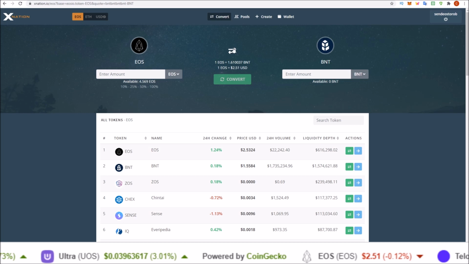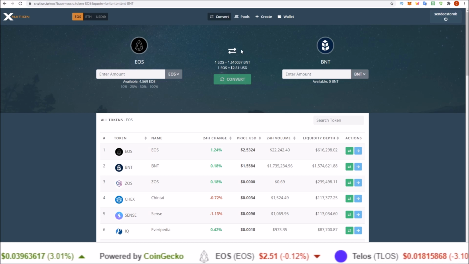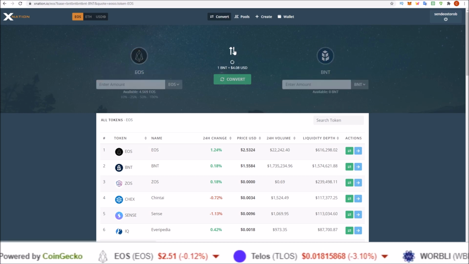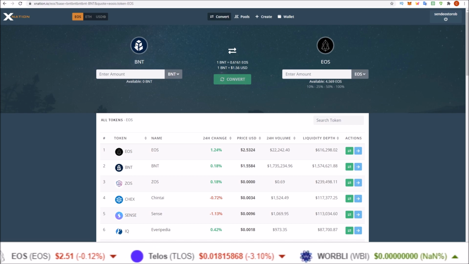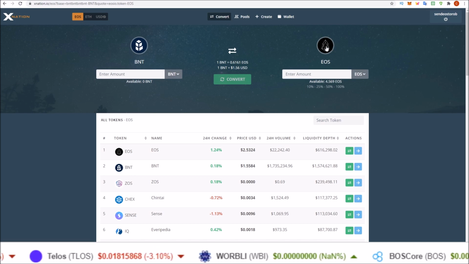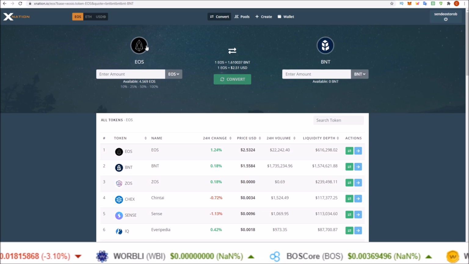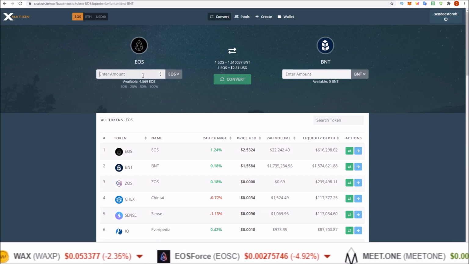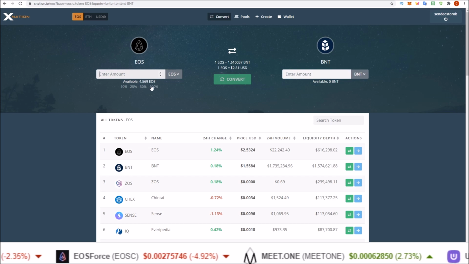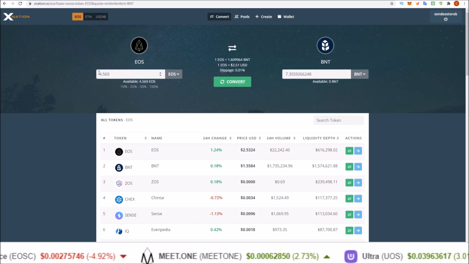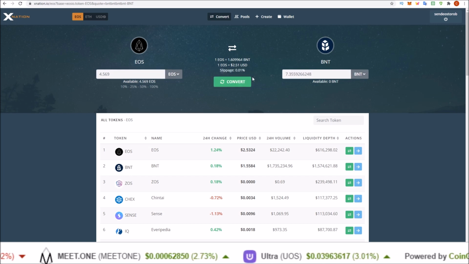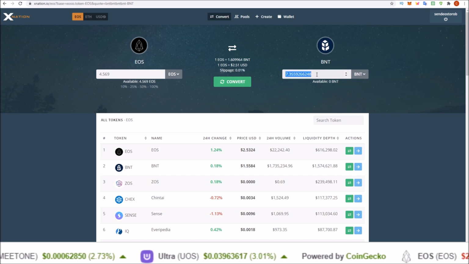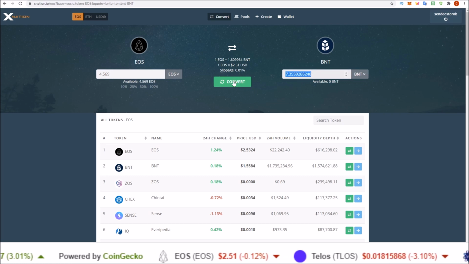This can also be done if you want to get the inverse of the pair you have. Simply clicking the arrows inverts the pair. Now I'd be moving from BNT to EOS, but I want to move from EOS to BNT. So, real easy to do. Input the amount you want to convert. I'm going to convert 100% of my EOS, 4.569, and that will give me, it auto calculates, 7.35 BNT tokens,